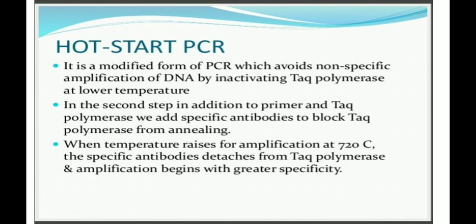They have an optimum temperature, optimum pH. If you are decreasing that level or increasing that level, the activity of that specific molecule will become inactive, right? So you can inactivate that Taq polymerase, which is more active at a specific temperature. But if you are decreasing that temperature, it will get inactive. But if you are increasing that temperature for amplification, like 72, it will regain its form, right?